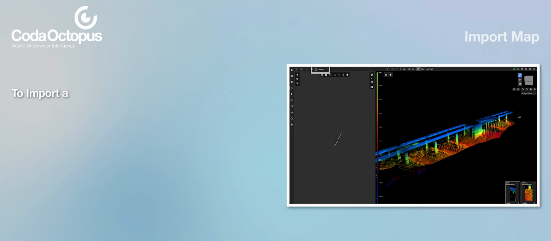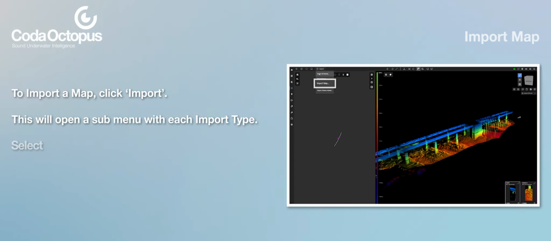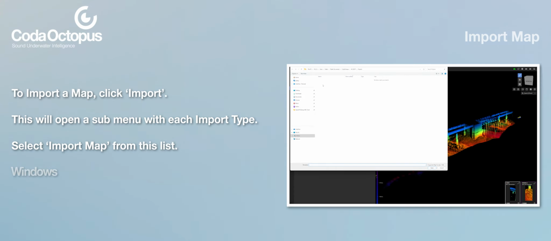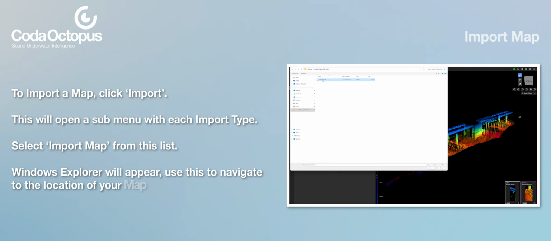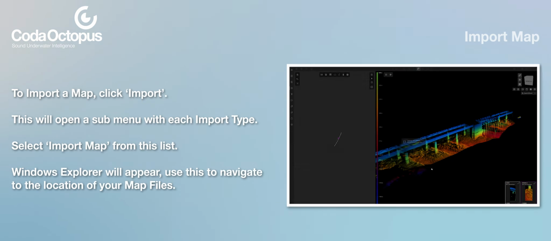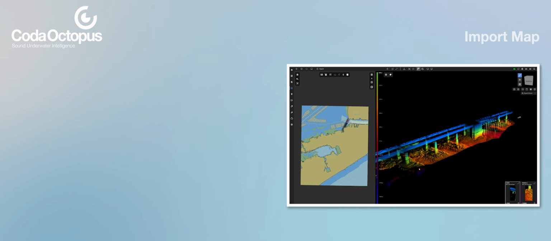To import a map, click Import. This will open a submenu with each import type. Select Import Map from this list. Windows Explorer will appear. Use this to navigate to the location of your map files. The following file types are currently supported: